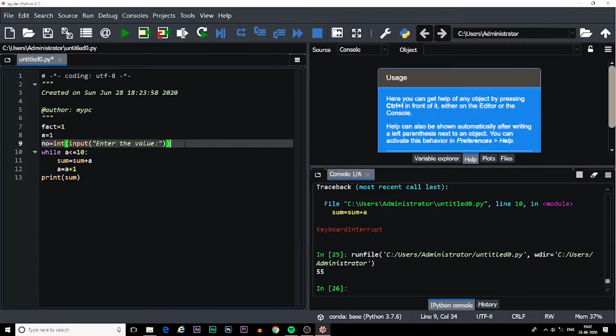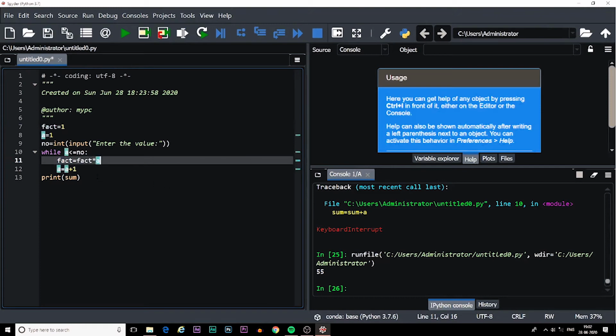After that, in the while statement, we take a less than or equal to the number, and this time fact will be equal to fact star a.